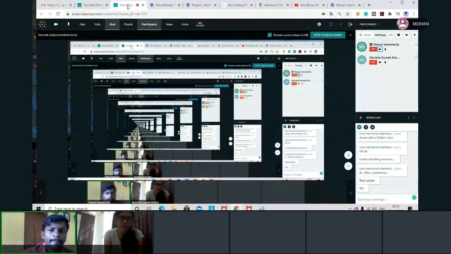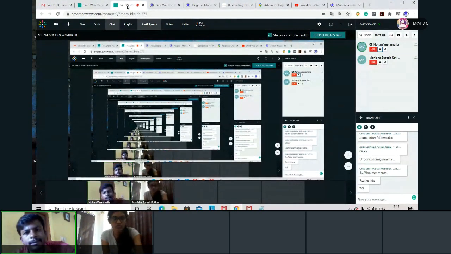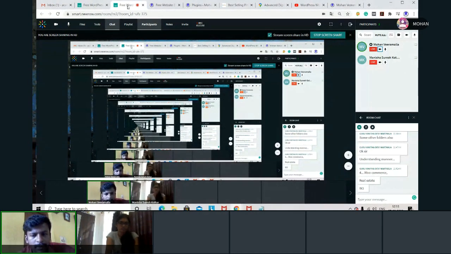File manager we have, database we have, email section we have, how to create a subdomain we have seen. Lots of sections we have seen. And in file manager we have seen the public HTML folder where we can analyze what all files are available. And we installed WordPress CMS software. After installing this WordPress, how to access WordPress also we have learned.